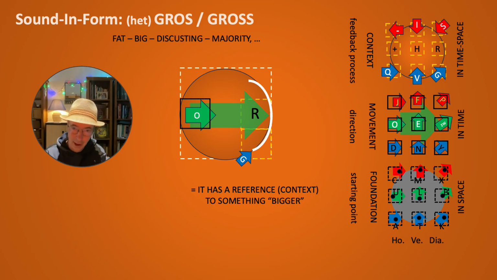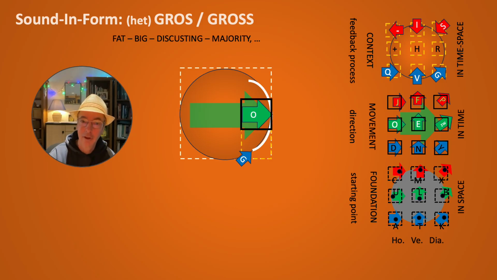We have already G and R, so we actually have to make a beginning at these expansions. So we have to start from there. So GROS, now we have the right order. We have GROS, and the only thing we still need is the S, of course. But O as well, I will also have the yin and yang balance here a little bit.